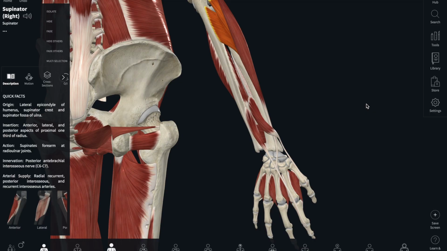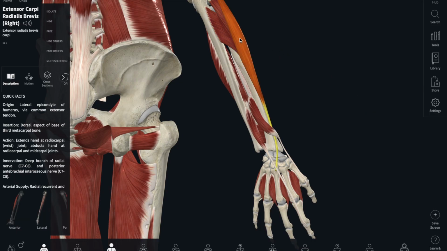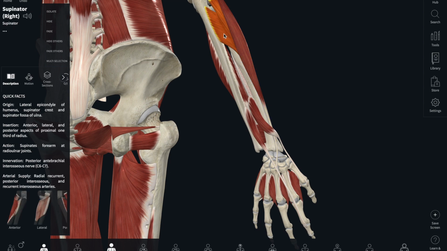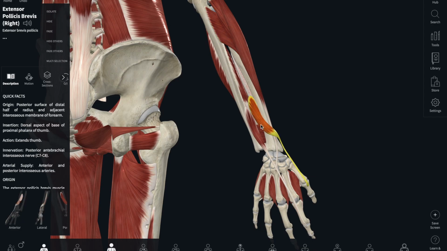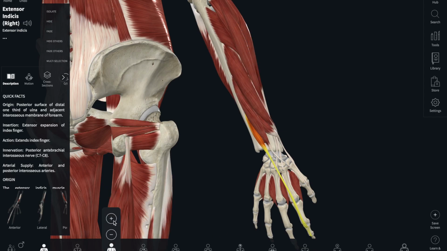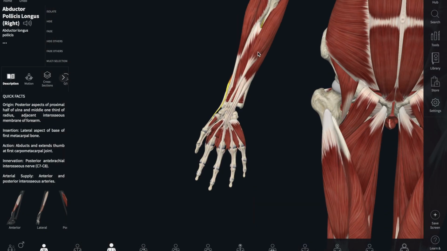In the posterior compartment, the deep muscles include muscles such as the extensor carpi radialis brevis again, the supinator, the extensor pollicis brevis, and the extensor indicis. These muscles are critical for grip release and fine thumb positioning, as well as thumb abduction and extension. Looking at more superficial forearm muscles,